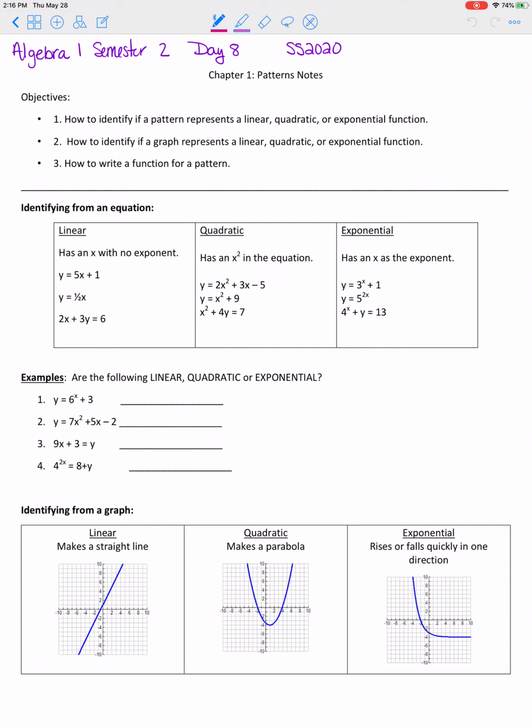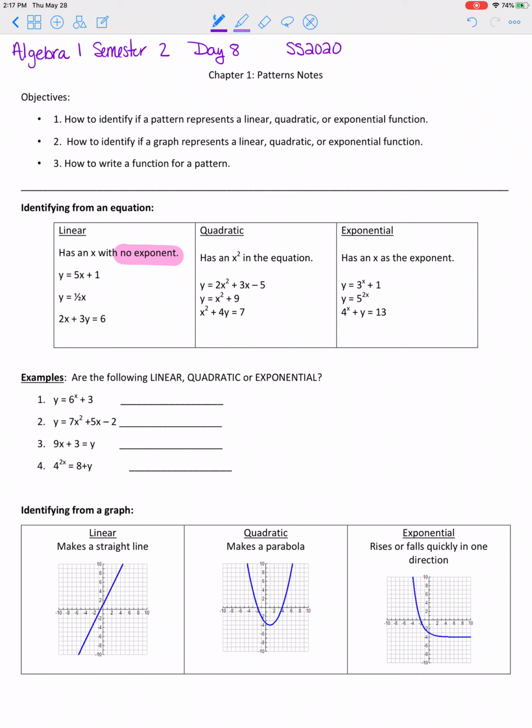This is Day 8. Today's objectives are to identify if a pattern, graph, or function is linear, quadratic, or exponential. So we're going to be looking at some notes and bouncing back and forth. We'll be doing a considerable amount of this together, but pay attention, follow along, and we'll get started. Okay, to identify from an equation whether the graph is linear, if it's linear, the x has no